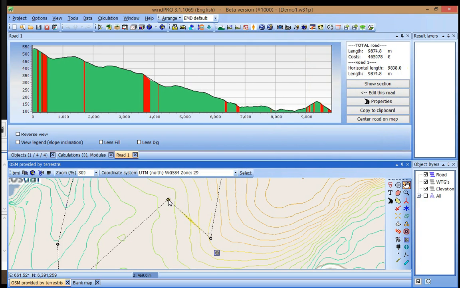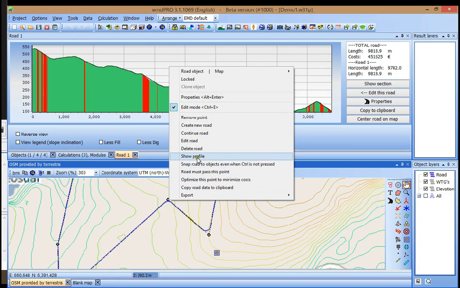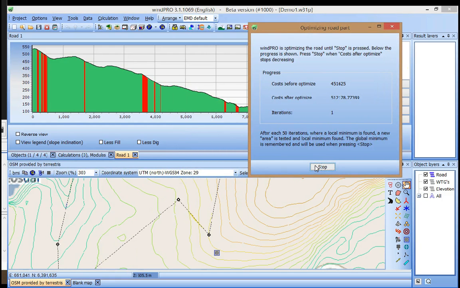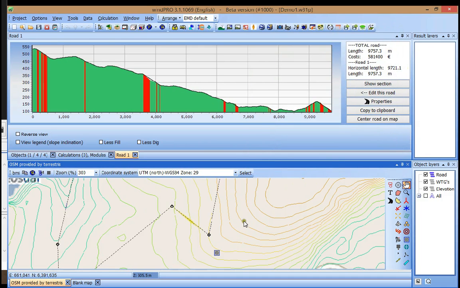Then I'm going to try the other point. It doesn't look like it's going to make it any better. But anyway,